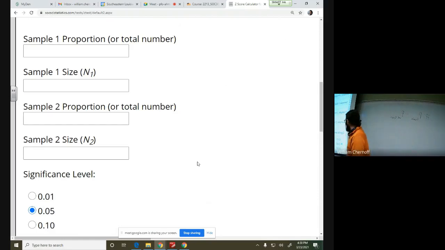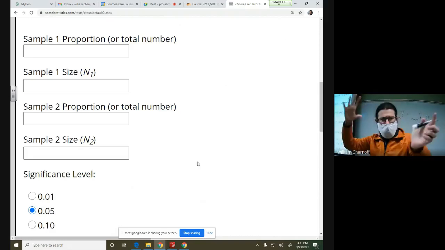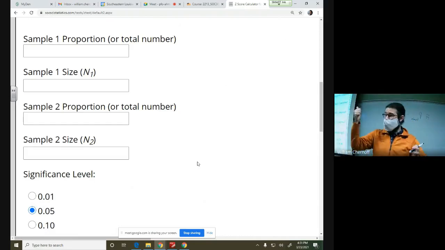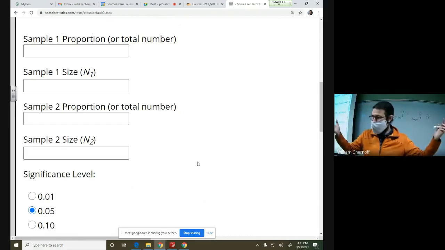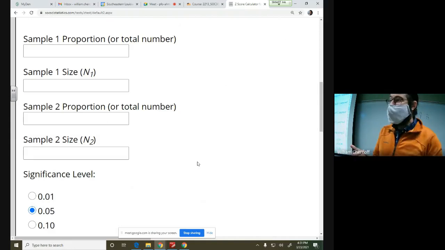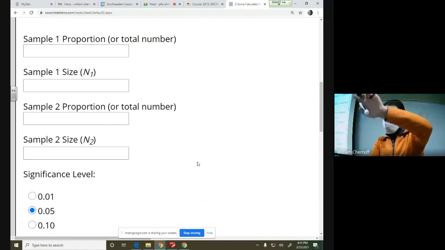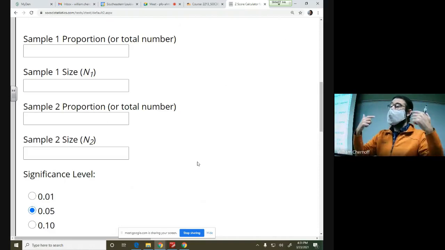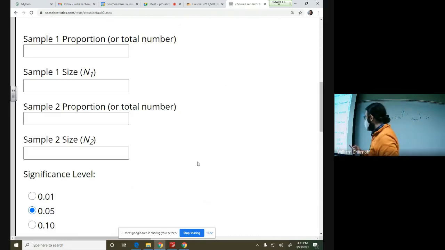So you'll also figure out sample proportions and sample sizes for your second group. If we're sticking with this fear of crime example, talking about people who identified as not female, typically in your surveys, people who identified as male. You'll look at those individuals, calculate a sample size, how many people identified as non-female, and then calculate a sample proportion, the proportion of those non-females who have been the victim of crime in the past. And all that information is going to go here under the sample 2 proportion and the sample 2 size.